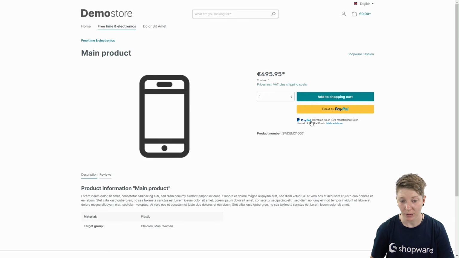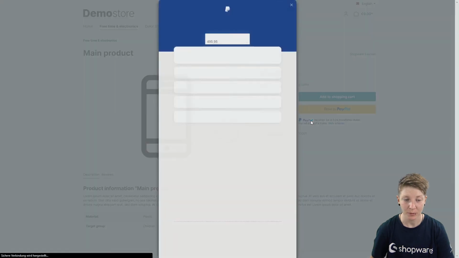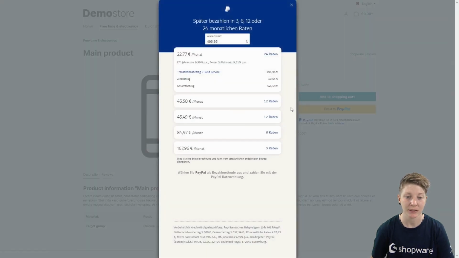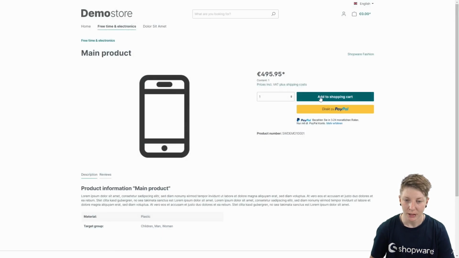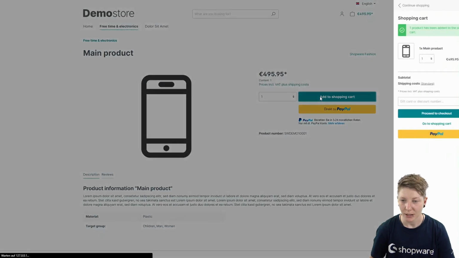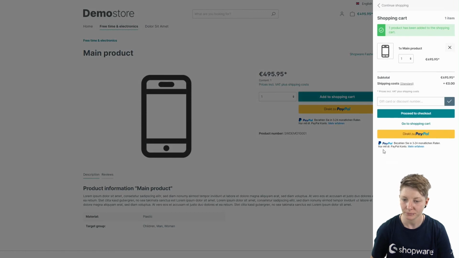If you click onto this installment payment, you directly get an example calculation from PayPal. Click on Add to Shopping Cart. Here again, you can see the Express button and the information about the installment payment.